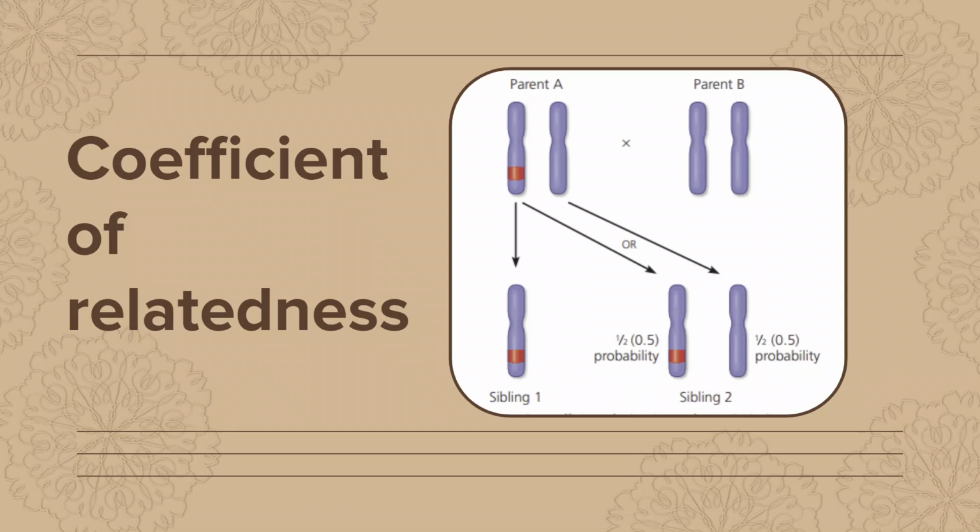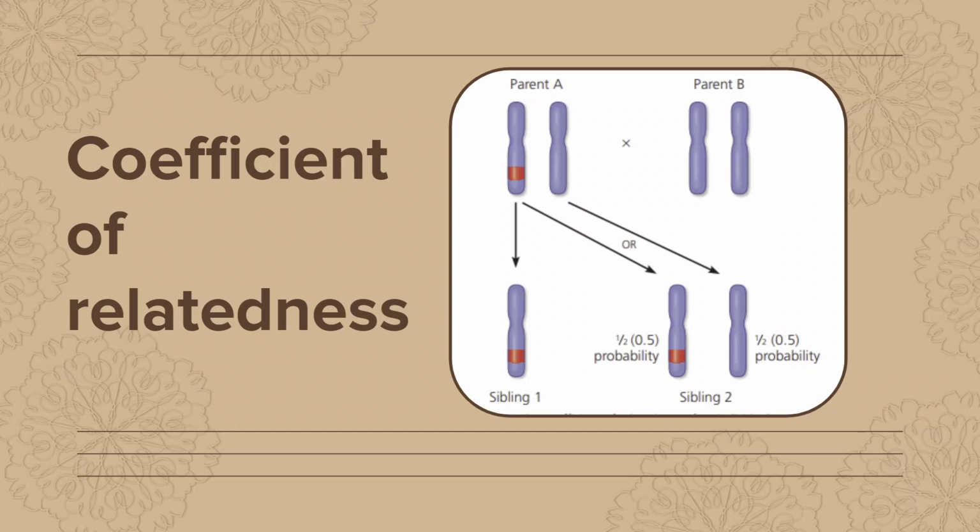So again, they would be 0.25 because they share 0.5 of their DNA with your mother or father, who in turn shares 0.5 with you. So that's 0.5 times 0.5, and that gives you 0.25. And so your cousins, who would be their direct offspring, would share 0.5 of their DNA with their parents. And so that will just lead to 0.125, or 1/8, of your DNA being the same as their DNA.